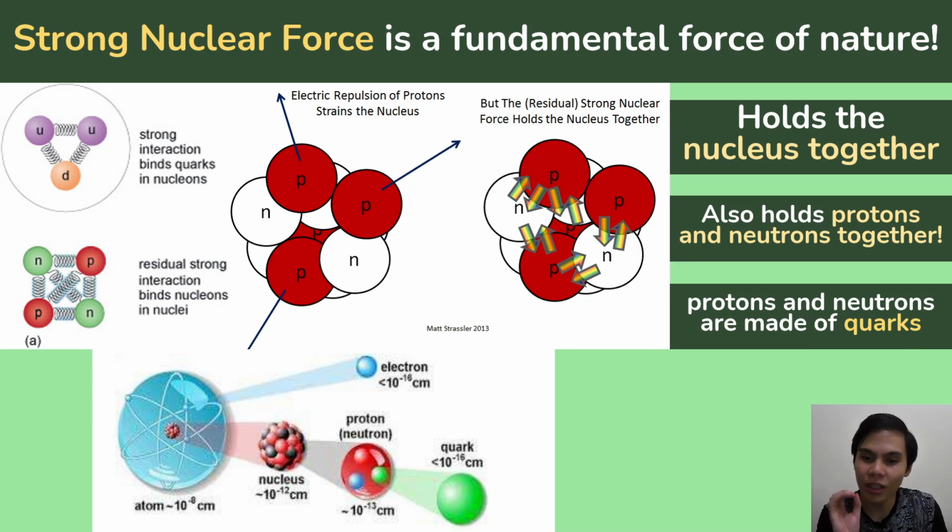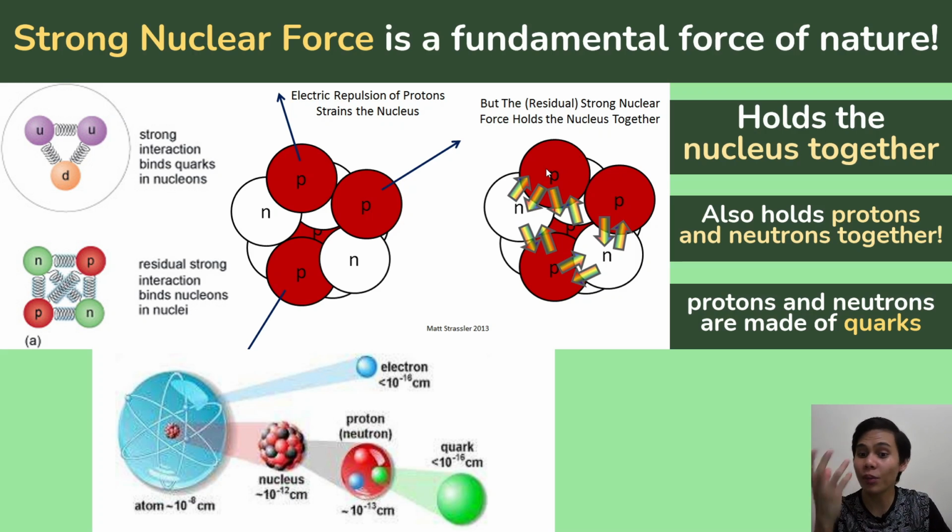So it holds the nucleus together by exchanging fundamental particles, much more basic than your neutrons and protons. So when these neutrons and protons are too close to each other, they start exchanging fundamental particles that keep the nucleus together with a strong nuclear force. Think of it as like magnets, except electromagnetism is a much weaker force than the strong nuclear force, like a super magnet that only works with protons